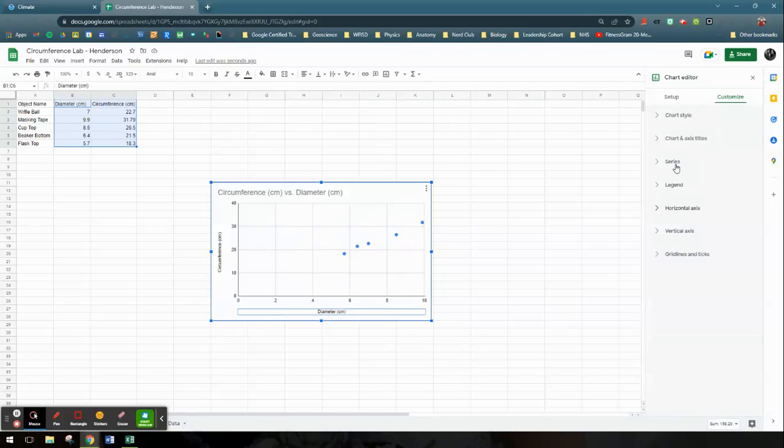The only other thing that students will do often in labs is add a trend line. And so if I come in here to the series